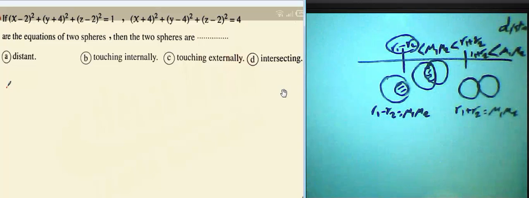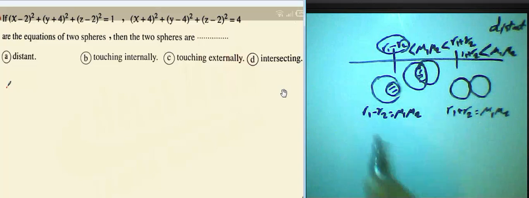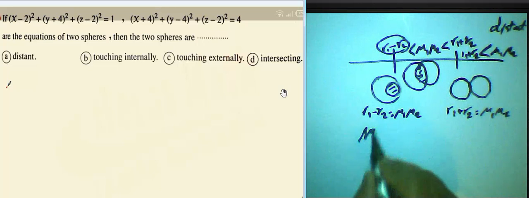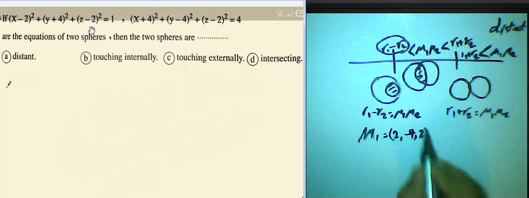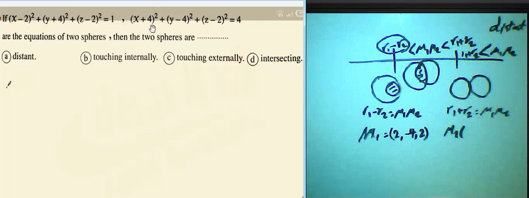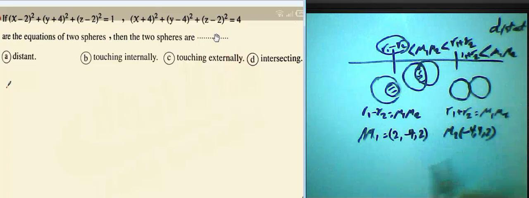So in this example, we must find the relation between the distance between M1 and M2, and R1, R2. We can find R1, R2, and we can find M1 and M2. M1 is the center of the first sphere here. It will be 2 and negative 4 and 2. And M2 will be here negative 4, 4, 2. We can find radius 1 here, square root of 1, it will be 1. And radius 2 here equals square root of 4 equals 2. Then